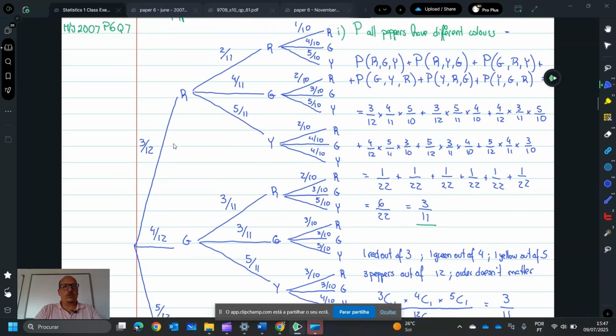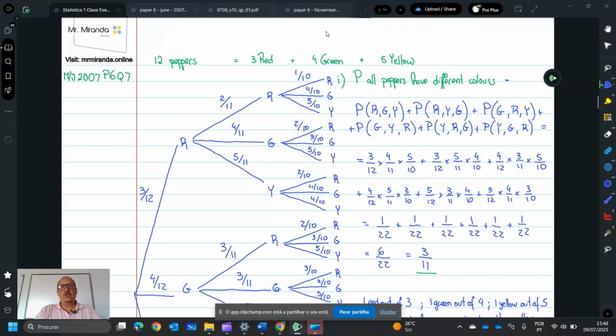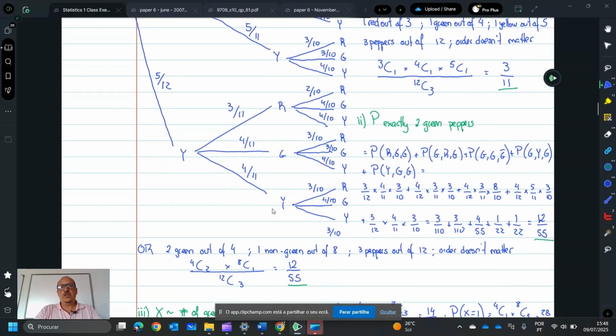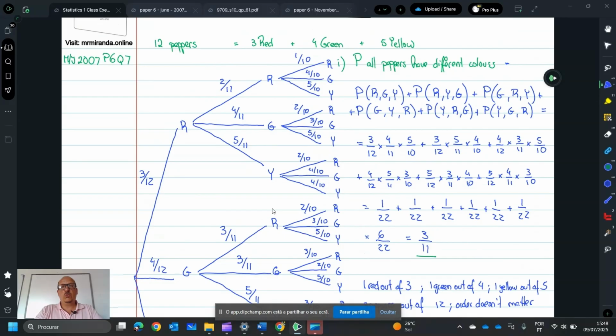It is obviously without replacement, so the number in the denominator goes down, and the numerator will go down only if it is the right pepper being taken out. So in this case, as you can see, the number of red peppers decreased because this one was already taken over here, so you only have 2 left, but the number of green and yellow remain the same, and so forth. Same thing goes for the third event, all right? So the probability tree is done over here,